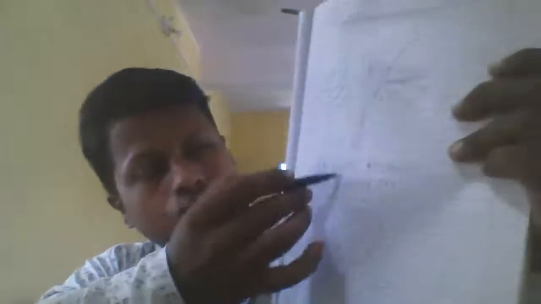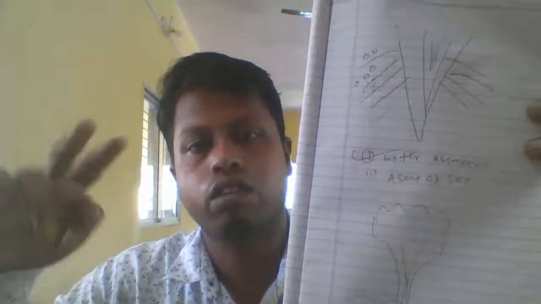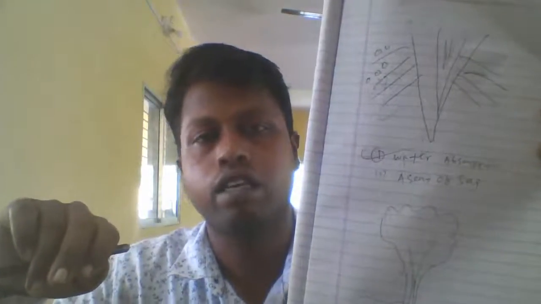So there are two things. One is absorption of water, and this absorption of water through the root hair takes place by two methods. One is the Apoplast and the other is the Symplast method. It means there is absorption of water by two processes. One is the Apoplast method, another is the Symplast method. I'm drawing the diagram so that you can better understand what the Apoplast method and the Symplast method are.